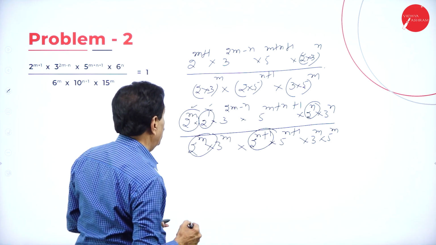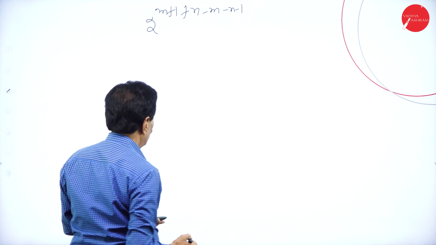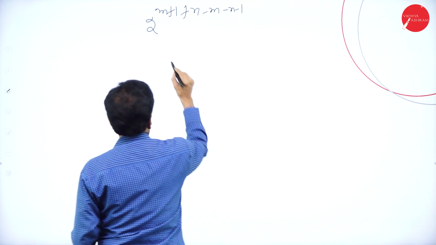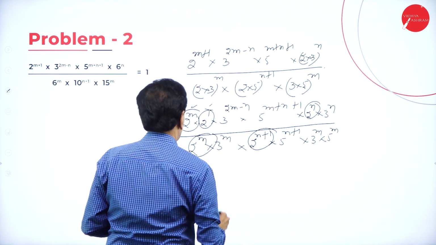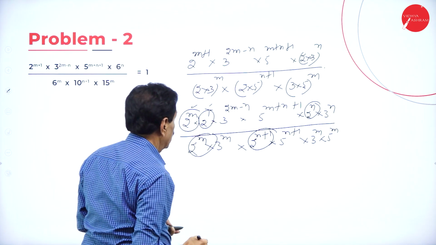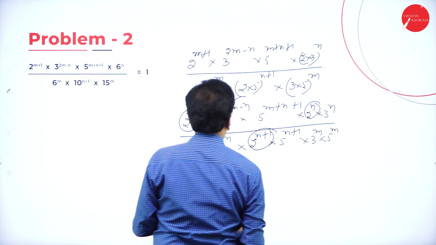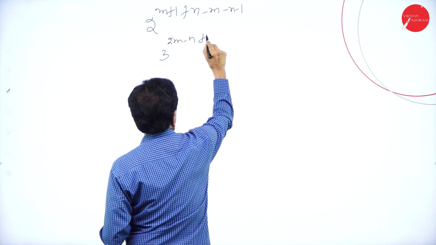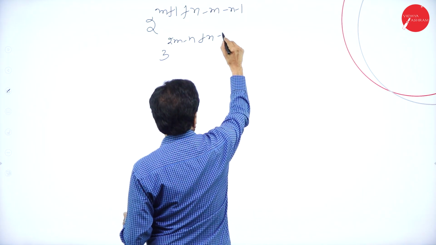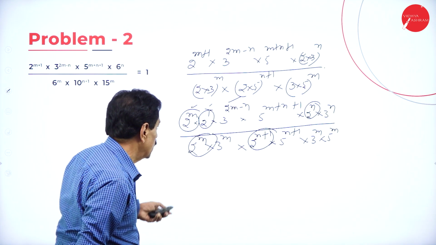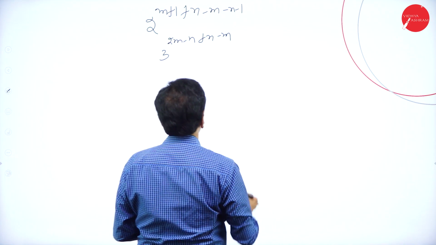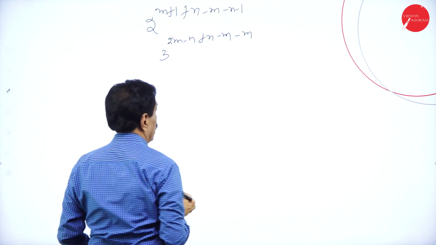Now go back to 3. Now we'll go to 3 now. 3 to the power of 2m minus n. 3 to the power of 2m minus n. This over. Then plus n. This over. Come back. Minus m. Come back here. Minus m. This goes in favor of,